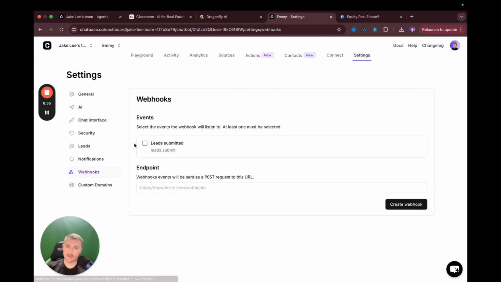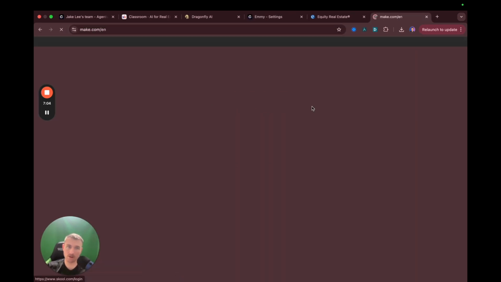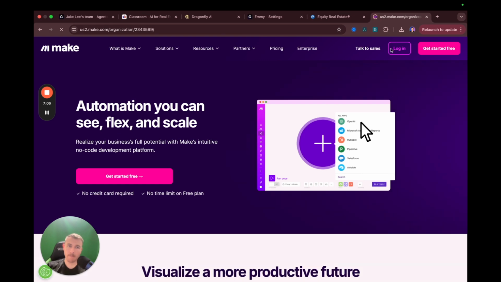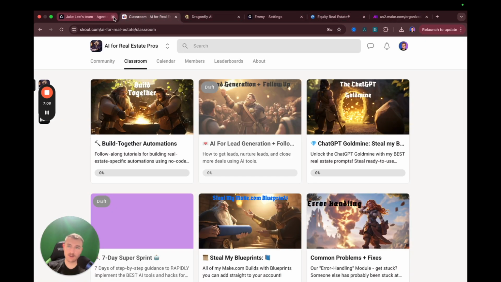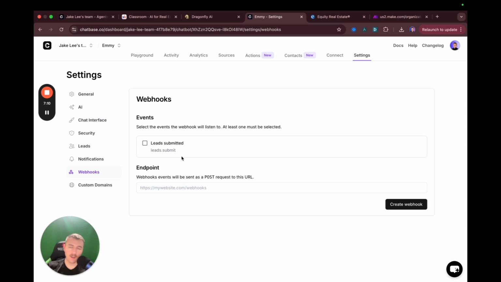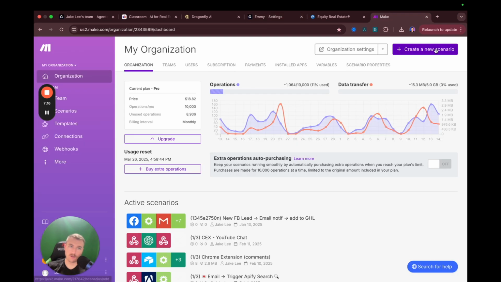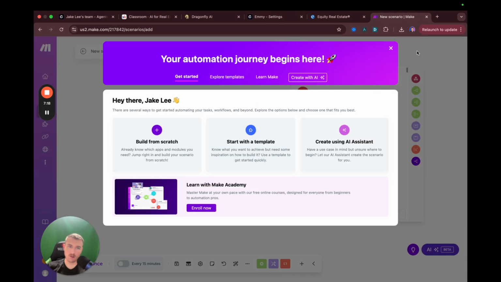Okay, webhooks. This is a cool feature. I'm not going to do anything with it now, but if you've been following some of our Make.com tutorials, you can set up a webhook in Make. So you can say when something specific happens. So like if a new lead is submitted from the chatbot, we can set up a webhook here from Make. So if we do